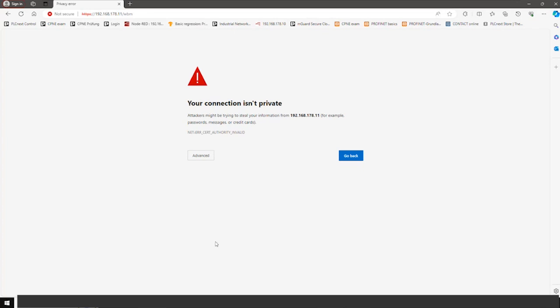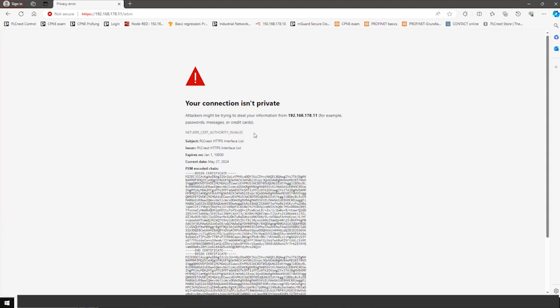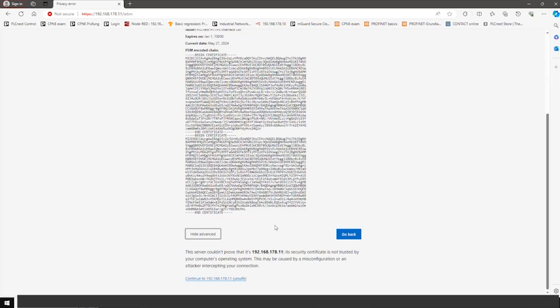And my web browser by default does not know Phoenix Contact, so it cannot verify if this is a valid certificate or not. So Phoenix Contact is not known, and this is what it's telling me. The certification authority is invalid. I don't know who issued the certificate, and it's not secure. So I can get some information. What I can do, of course, is click here on advanced.